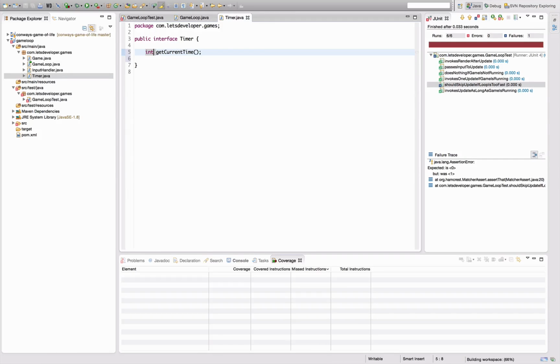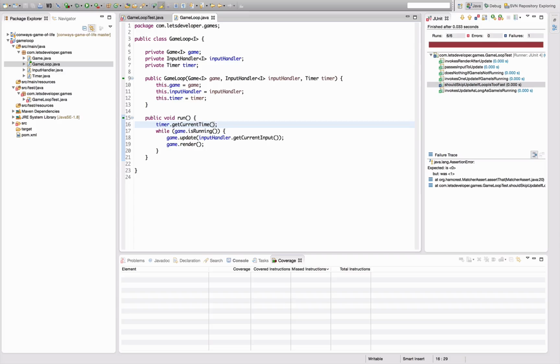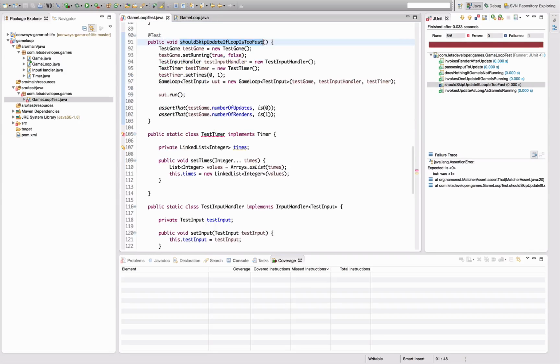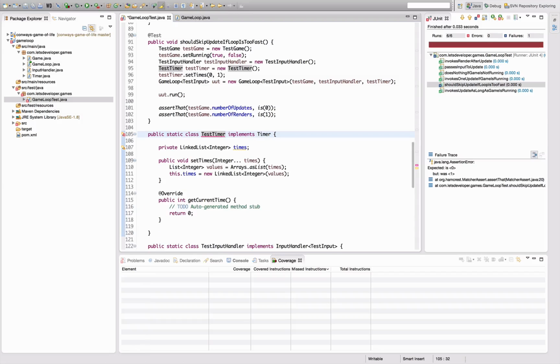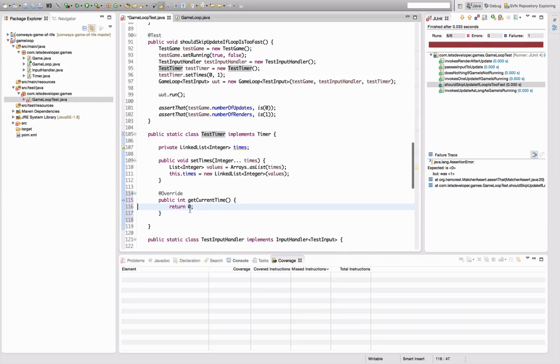Integer is my unit of time, so I'm going to return an int here. And now my test is not compiling anymore because my test timer is missing the method. That's easy enough to fix. Times poll,